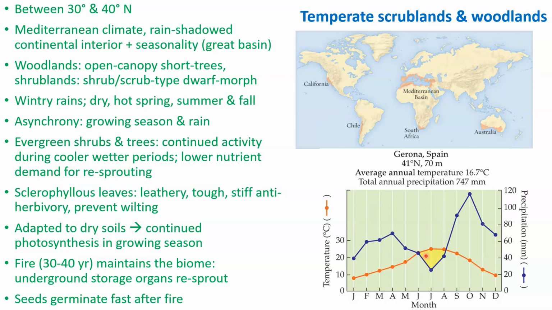So this also brings another advantage. The problem that we have in deciduous environments is that resprouting of the vegetation demands a lot of nutrients, right? Since these plants in temperate scrublands and woodlands are evergreen, they retain their leaves, right? So they don't have to think about gaining back nutrients. Nutrient demand is not a problem. They keep nutrients locked in the plant body, right? So it brings them an evolutionary advantage.